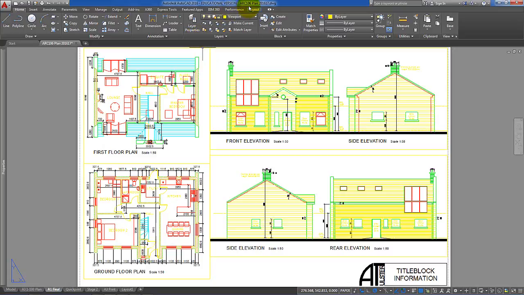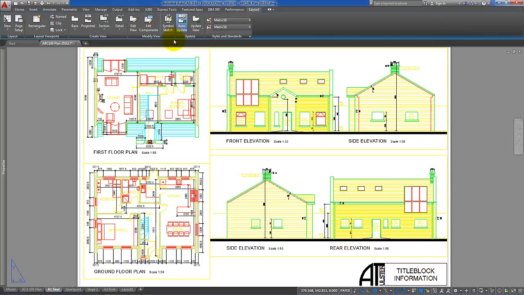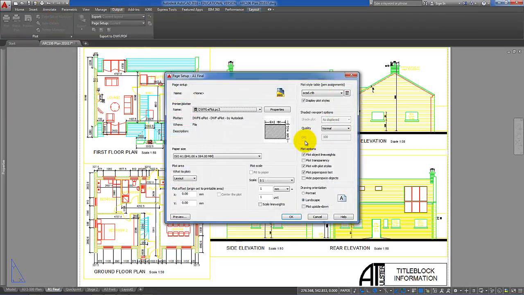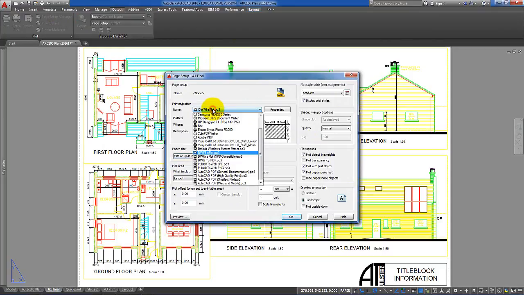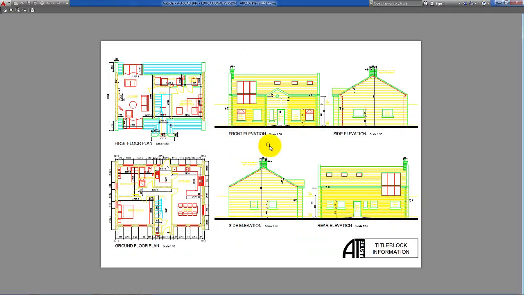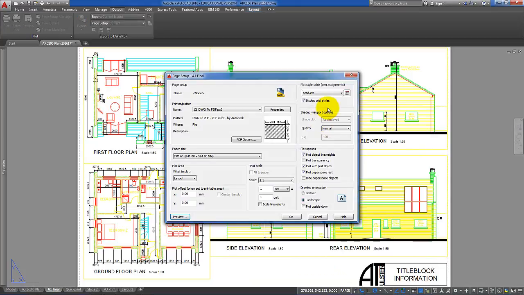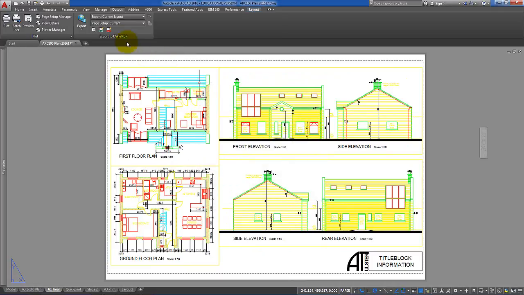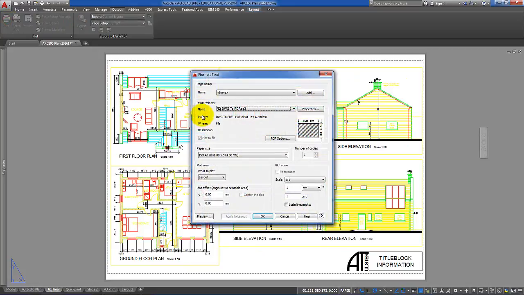So finally then we need to go back to layout, or output, sorry. Double check the page manager settings. This particular layout wasn't DWG to PDF, so we'll just transfer that over. Click on preview. Okay, so it's not monochrome. Then if we go to plot,